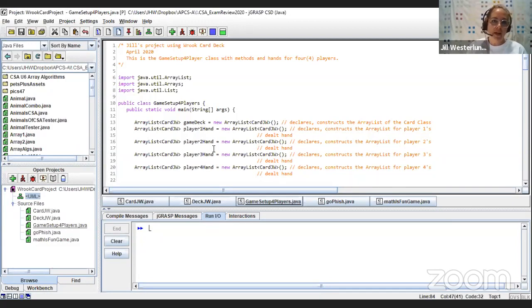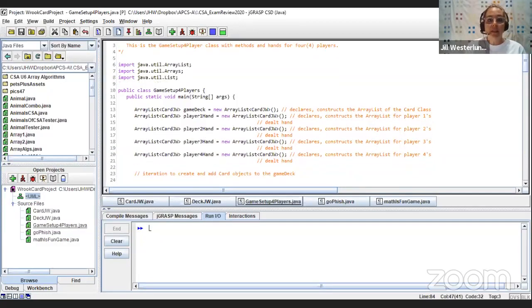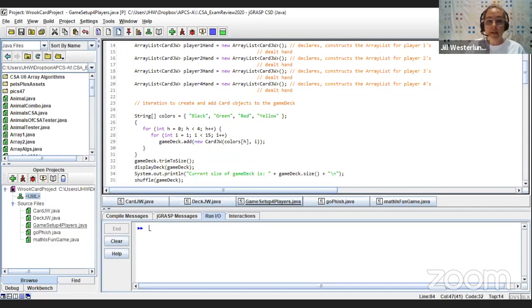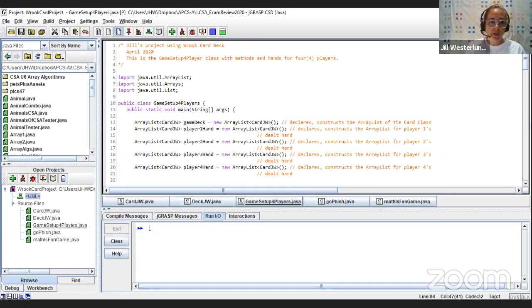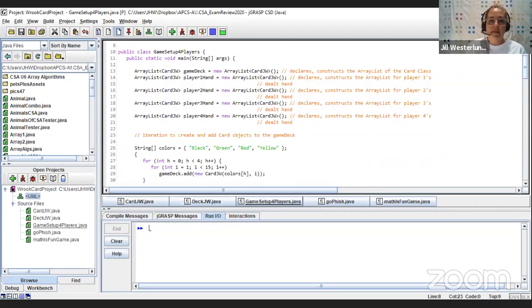So after I got that going, I then determined that I needed to handle the 4 players' hand. Remember me showing you that under the camera? I needed to treat each of those array lists as also arrays. So you notice up here, I've kind of gone off to the beach on a trip out of our swimming pool of Java. I've had to bring in a couple of collection options so that I could have an array